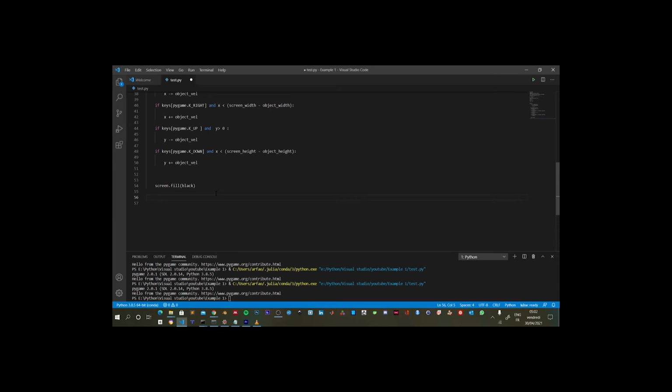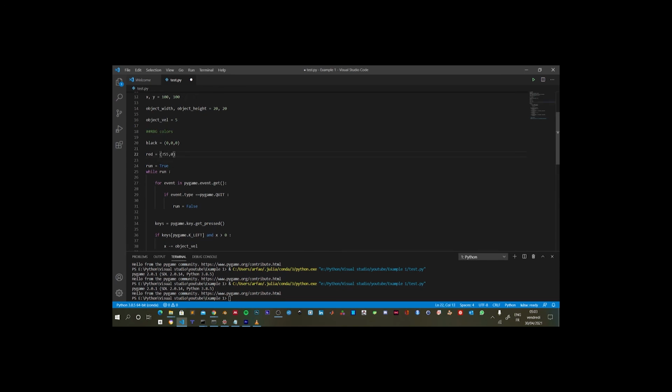Here we write pygame.draw.rect for rectangle, and we will set in the screen and take the color red, and we set initially the position x and y with the width object width and height object height, and red equal 255,